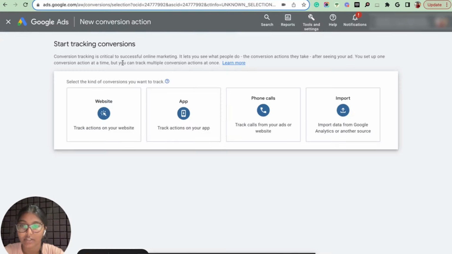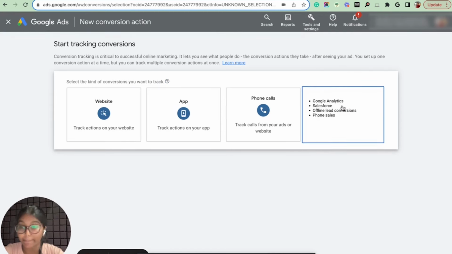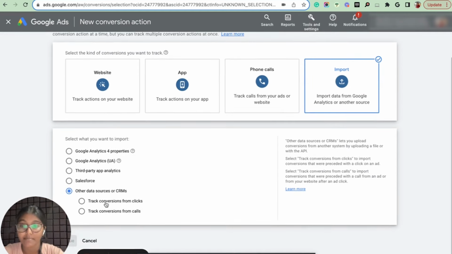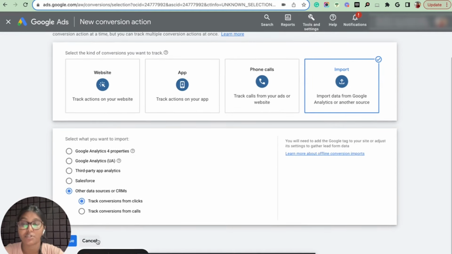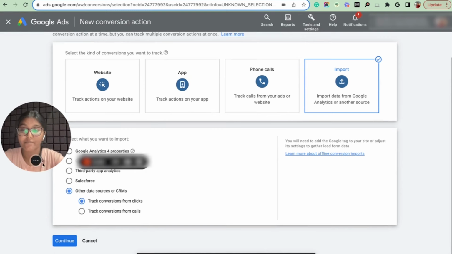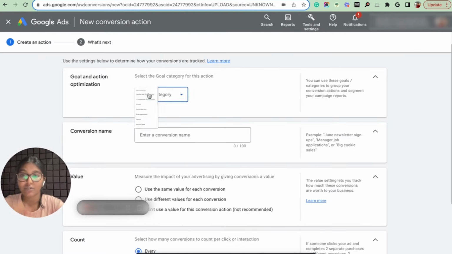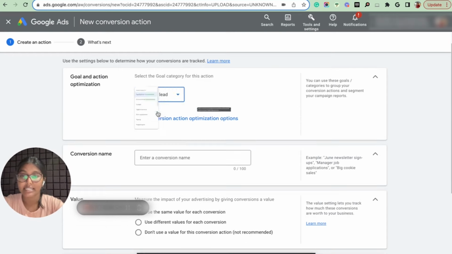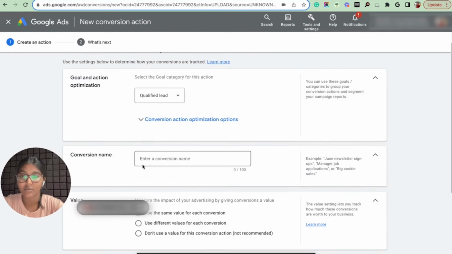So click on New Conversion Action and select Import. We have to click on Import because we are going to import the offline conversion. So click on Other data sources or CRM, track conversions from clicks. Now click on Continue. Here we have to select qualified lead, because in this business we are only talking about the LTO, which is the qualified lead. So let's click on qualified lead and give the conversion name as